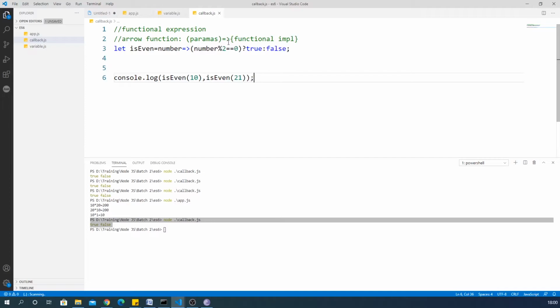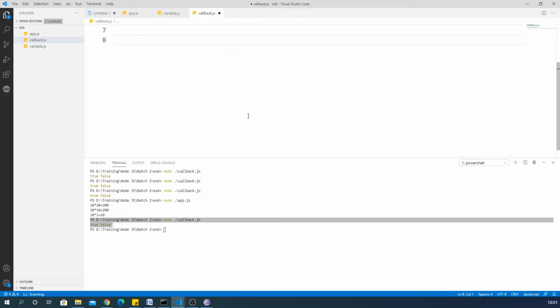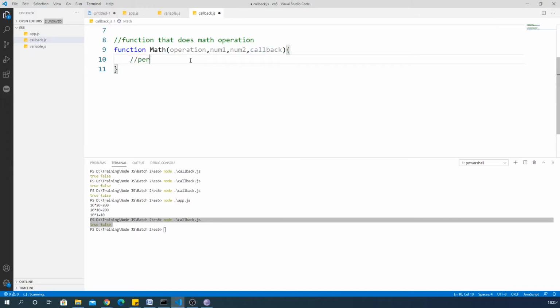So to understand it in a better way, let's take an example. For this, I'll write a function that will perform some arithmetic operation. This function will take 4 parameters. First would be the name of the operation. The second and the third parameter would be the numbers, num1 and num2, and the fourth parameter would be a callback. So while calling the math function, we will be passing the fourth argument as a function expression that will